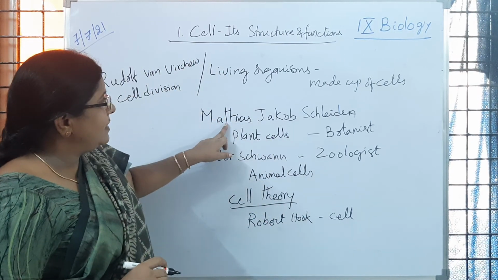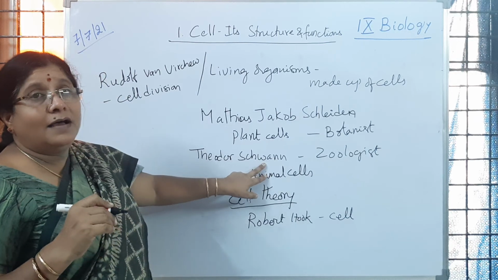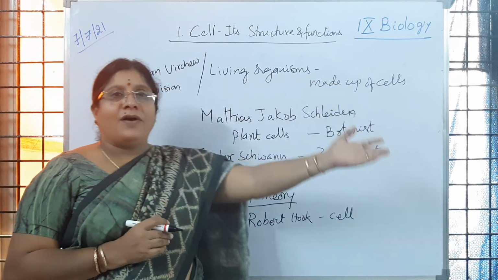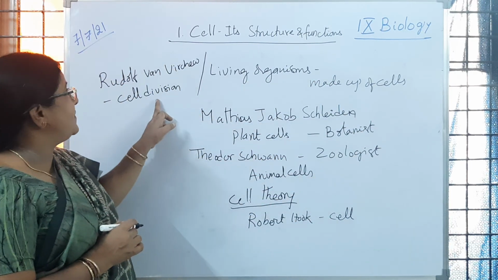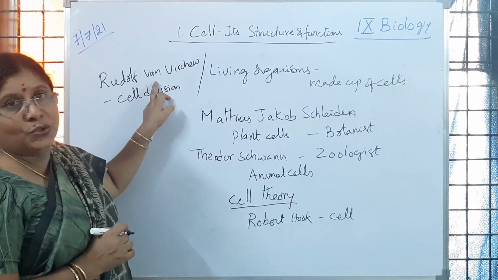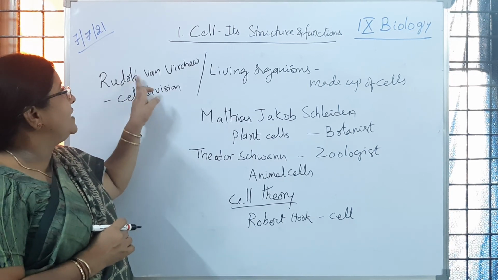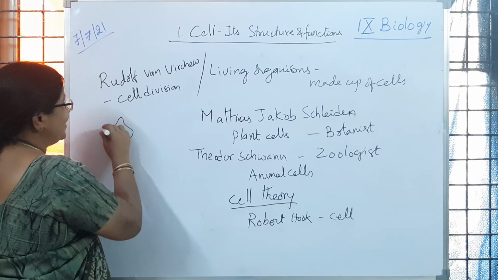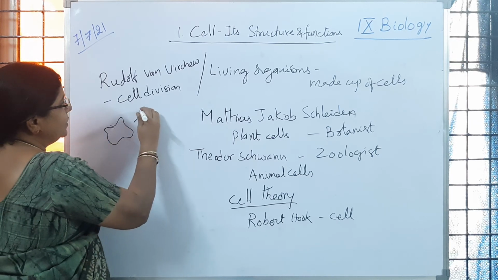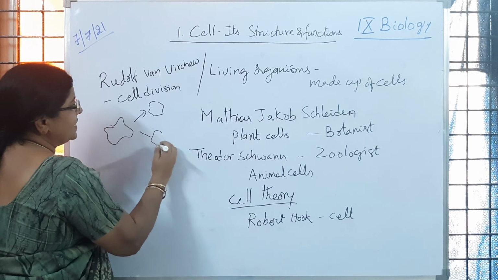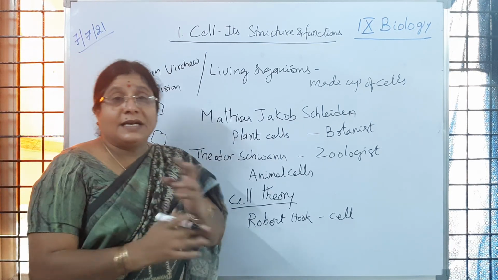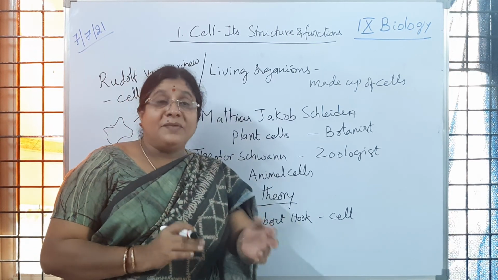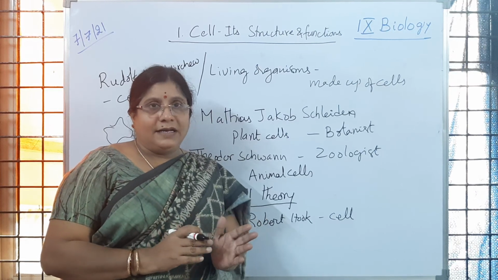These two scientists, Schleiden and Schwann, did not tell how new cells develop, but they said that new cells are formed. How the process of cell division happens was given by Rudolf van Virchow. Is it clear to children? So he gave the process of cell division, how it is going to happen. How the parent cell, like amoeba, divides into two daughter cells, or how the cells heal up a wound, is happening because of the process called cell division. Is it clear to children?